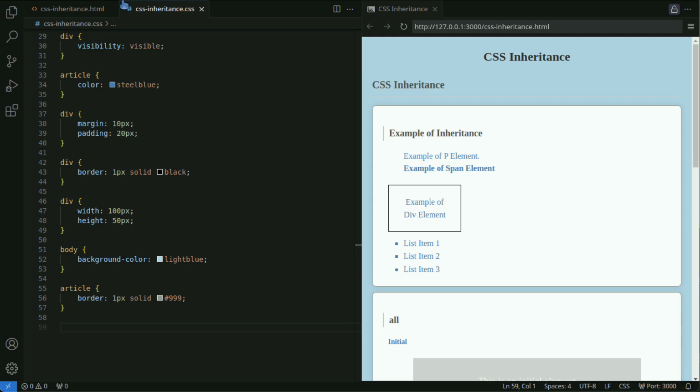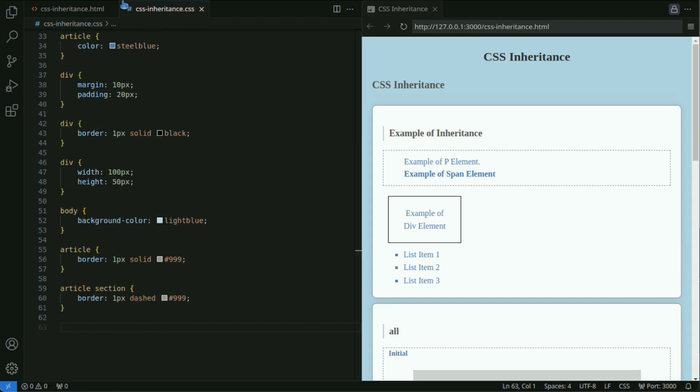In this way, the border is applied only to the article element and not displayed on its child elements. When applying a border to the section element with an article, we see that the border is not inherited by the child elements.